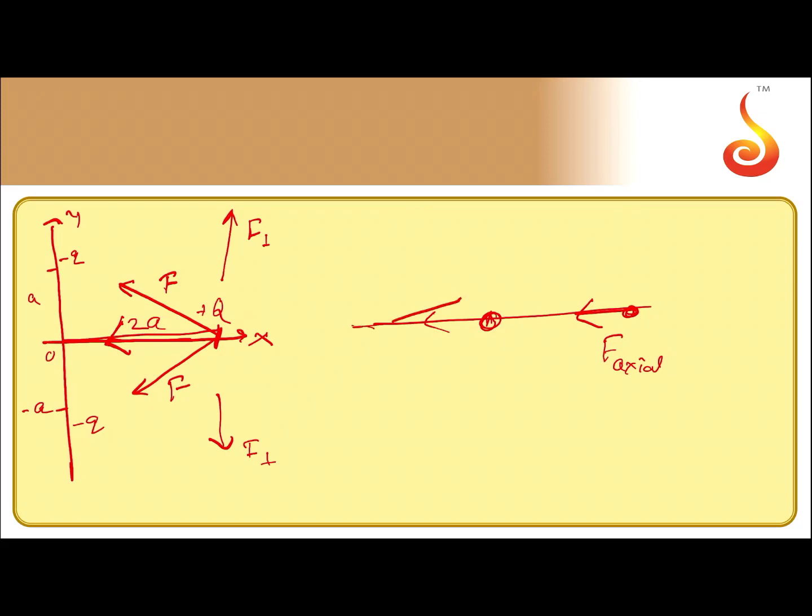But when it is here, clearly the force it experiences is opposite in direction, so it is a retarded motion now. It goes to the other extreme position, stops, and starts oscillating. This is basically an oscillatory motion. But the question is whether it is SHM or not.